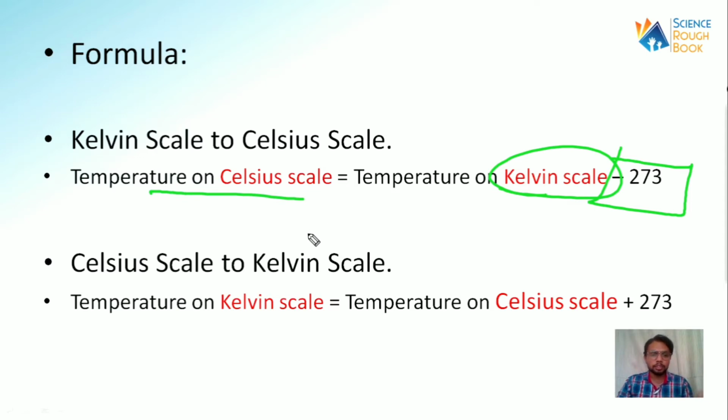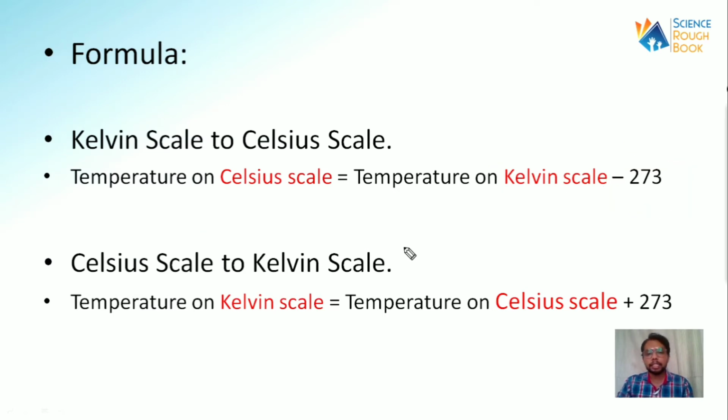And the reverse process is Celsius scale to Kelvin scale. If something is given in Celsius, suppose 20 degrees Celsius, then you have to add 273 to it, so that it gives you the Kelvin scale. Now a trick I can use here is to consider this with stairs. This is a different trick. It may not work the same way for all of them, but it is easy.